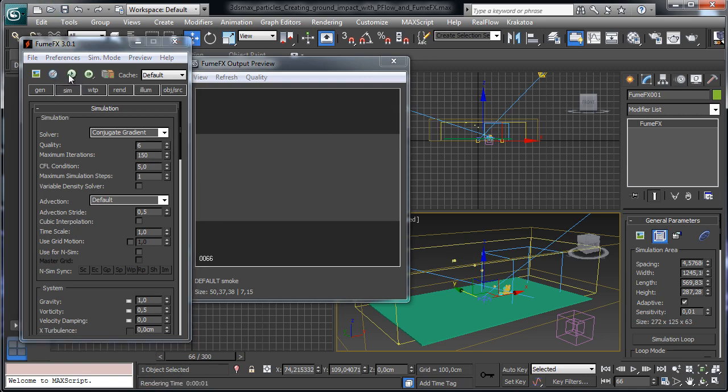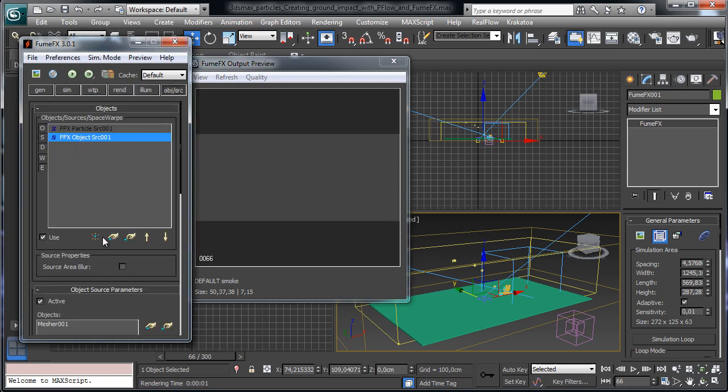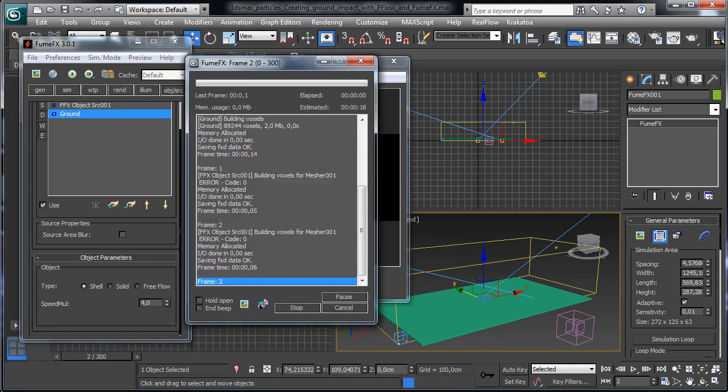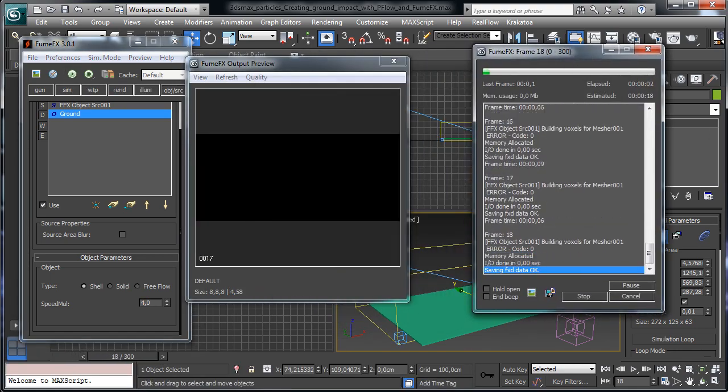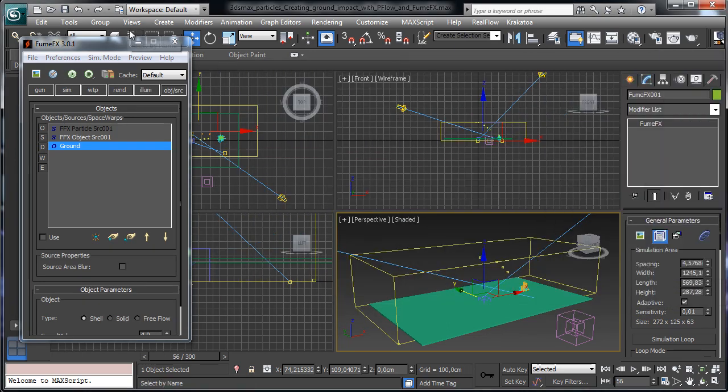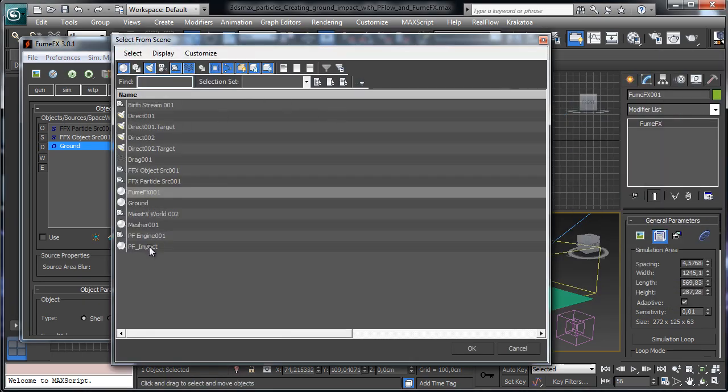Let's simulate some frames, but I like to add also the ground plane as an object obstacle, and we need a speed multiplier when it collides on the ground, so we'll have maybe 4, and let's try to simulate some frames. Just to let you know, you have to remember before you launch the simulation to go back inside